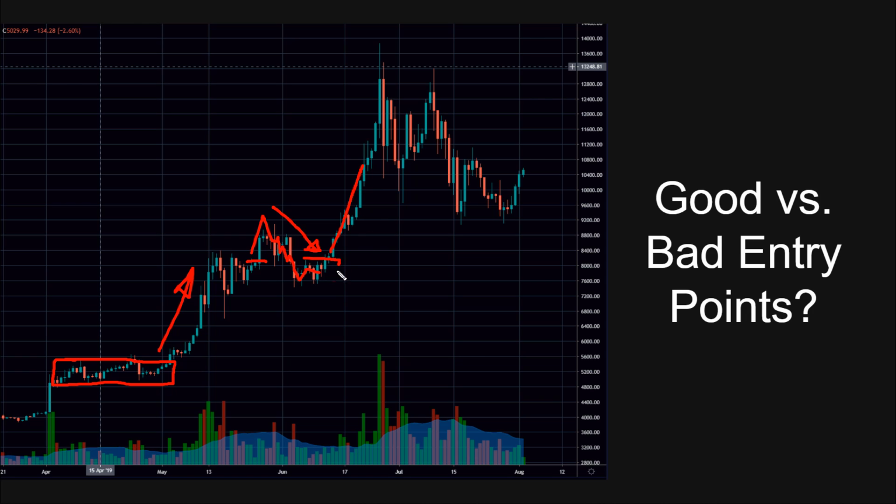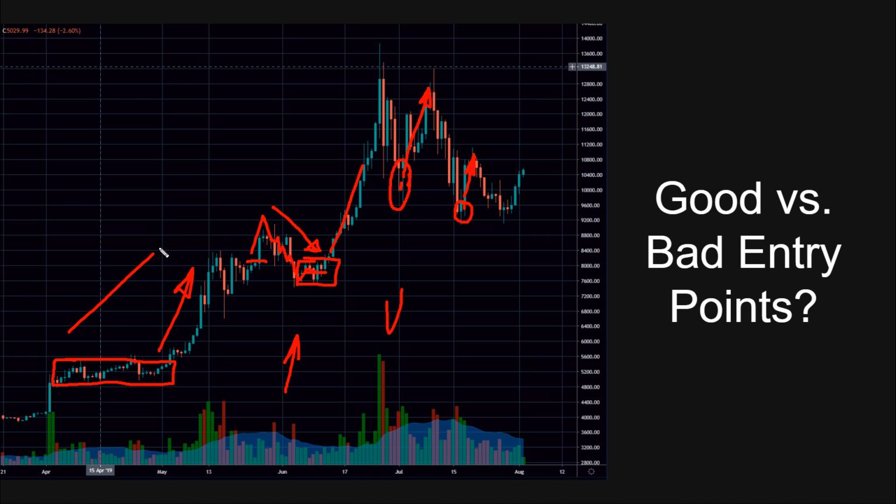Here was a nice breakout from a relatively low implied volatility environment. So we wouldn't have seen that much of an implied volatility spike on this short little pullback. Now you would have seen a big spike here. If you try to buy a call option right there on this reversal, you would have seen the life crushed out of that call option. Same thing for here. You would have seen the life crushed out of that. You could get everything right and still lose money in a scenario like that.